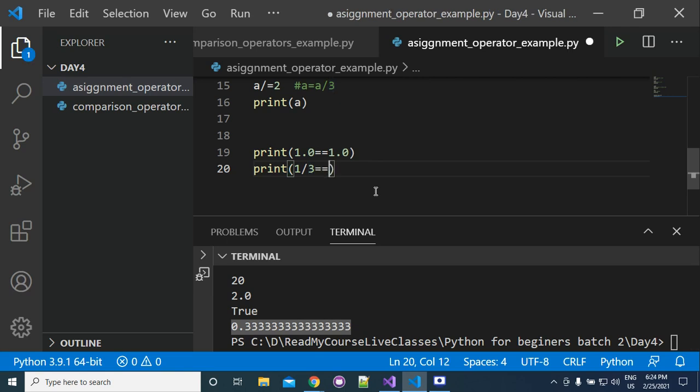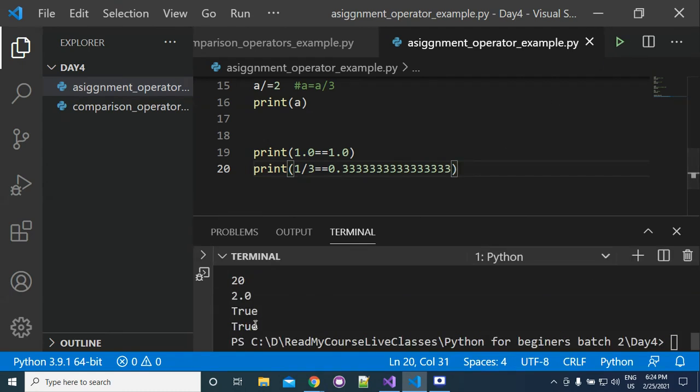Now I compare this like this. Can anybody guess the answer now? Why? Yes, but it is giving you true. Do you think it should happen?